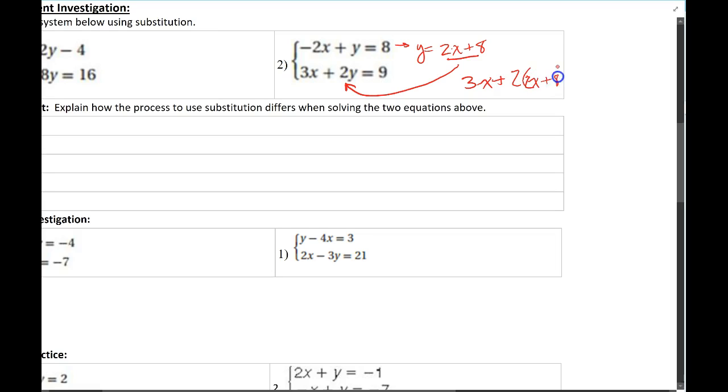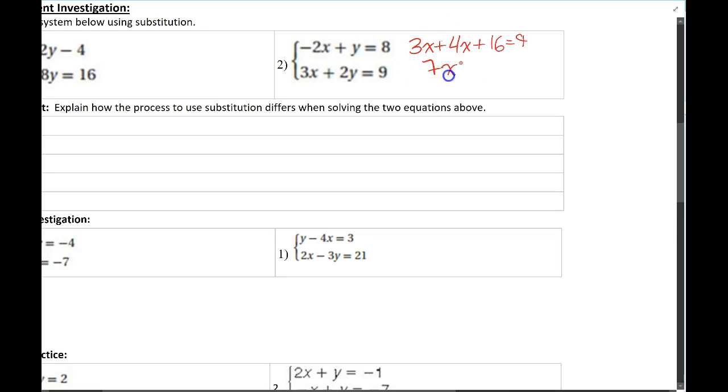So really I'd get 3x plus 2 times 2x plus 8 equals 9. And then I would just simply solve this through. 2 times 2x would give me 4x. 2 times 8 is 16. So I'd get 3x plus 4x plus 16 equals 9. And then I would continue through and solve for that. And I'm going to give you a moment to do that on your own. Once you are done, start the video again. All right, just in case you had any trouble with that, we would have 3x plus